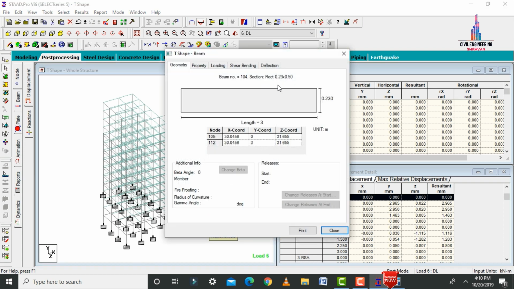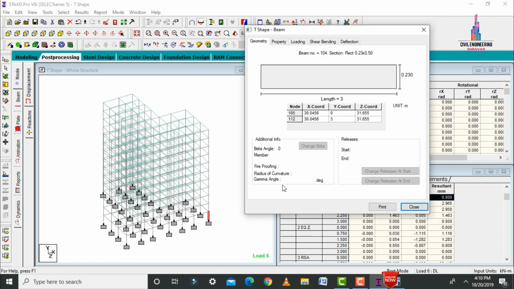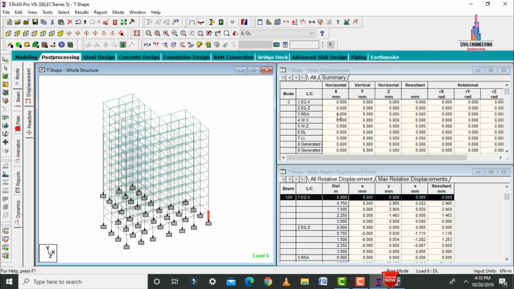Here I am selecting the column. Select any one of the columns, and it will show you the concrete design. But for my 10-story apartment model, it is not showing the concrete design. You can check the design results if the model is perfect. As per my loading condition, this column size is not sufficient. That is why we need to increase the column sizes, and you can try with other column sizes. It will definitely give you the column design results.